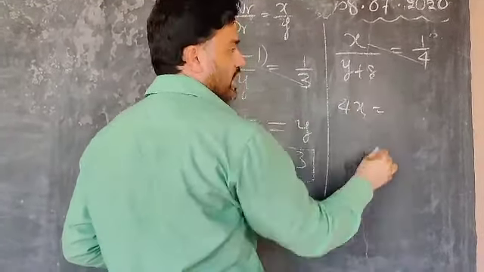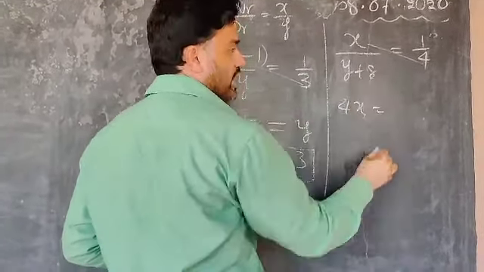Now look at the two equations, 3x minus y is equal to 3, 4x minus y is equal to 8. No doubt, a1 by a2 is not equal to b1 by b2. a1 by a2 is what here? 3 by 4. b1 by b2 is minus 1 by minus 1, that is 1. So 3 by 4 not equal to 1 means they are intersecting lines, consistent lines, unique solution.